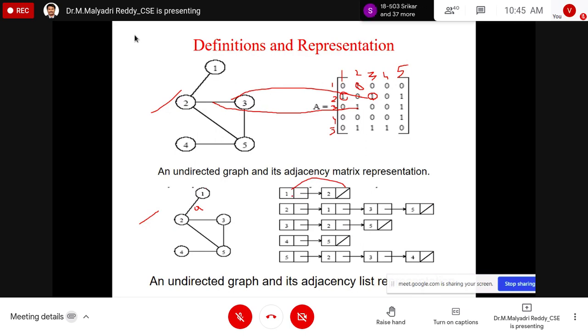One pointer for 1, 2. This is the adjacency list representation. Here the list concept is used to store and represent the edges. Each list is used to store the corresponding nodes, 1 to 2. This is the tail, this is the head. Next, 2 to 1. From 2, an edge to 1 is there, 2 to 3 is there, 2 to 5 is there. So here the source index is 2.